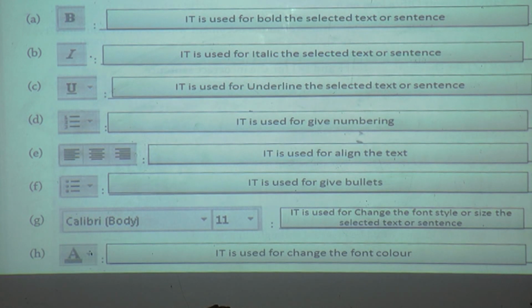Next one, it is used for align the text. Next one, it is used for give bullets. Second last, it is used for change the font style or size. And last one, it is used for change the font color. Finish everyone?